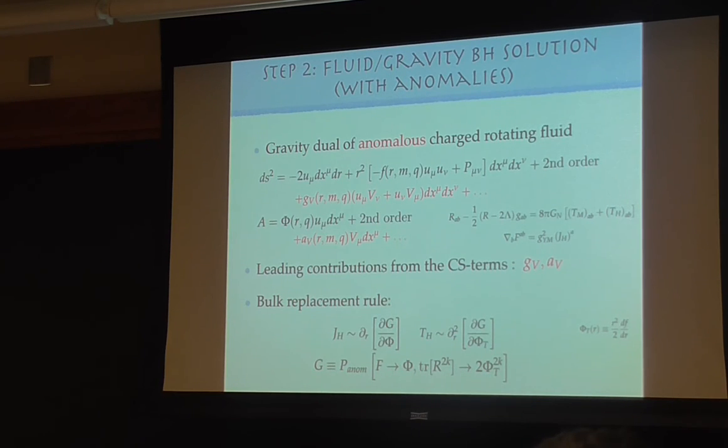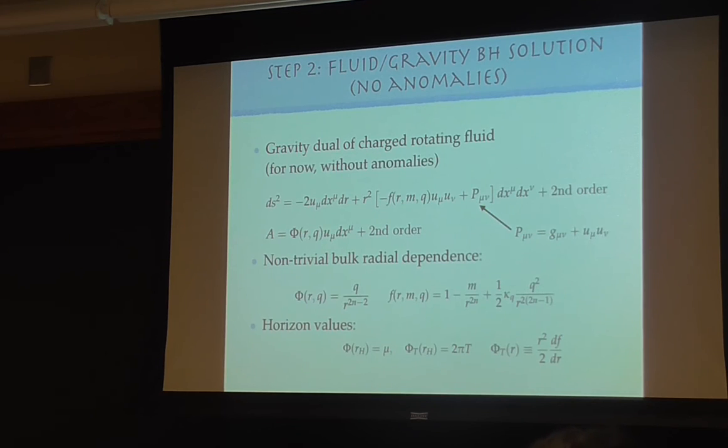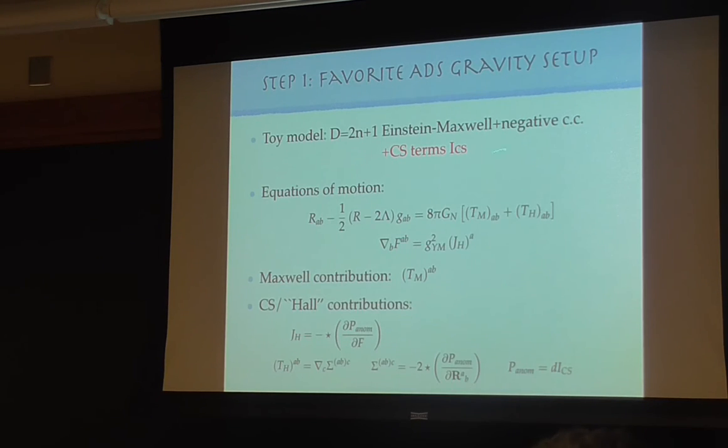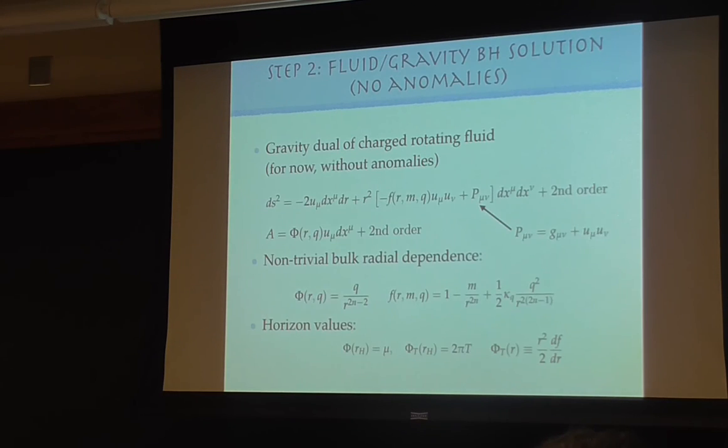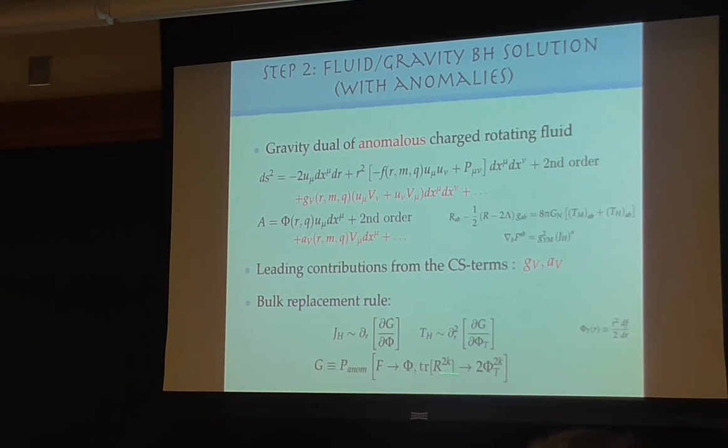So the anomaly polynomial comes from the fact that you have a Chern-Simons term in the action. For example, in 3D, it's gamma d gamma plus gamma cubed, and the anomaly polynomial is trace R squared. So if you like, it's the former thing. Maybe you're trying to put it at, it's not the Riemann tensor of this thing. Although maybe there's a way to think about it, but I'm not sure. So at this point, this is a formal observation that for any polynomial, you can do this, and the equation of motion looks like this.